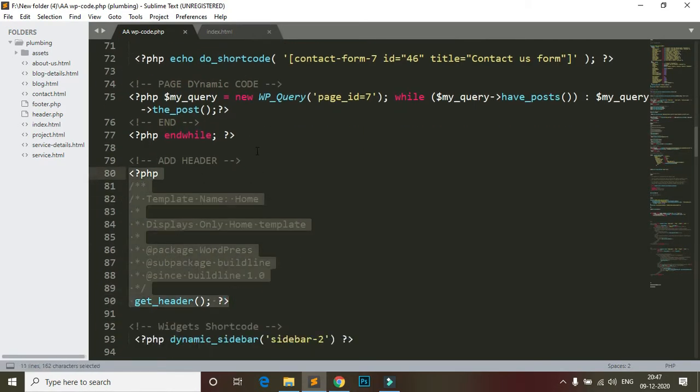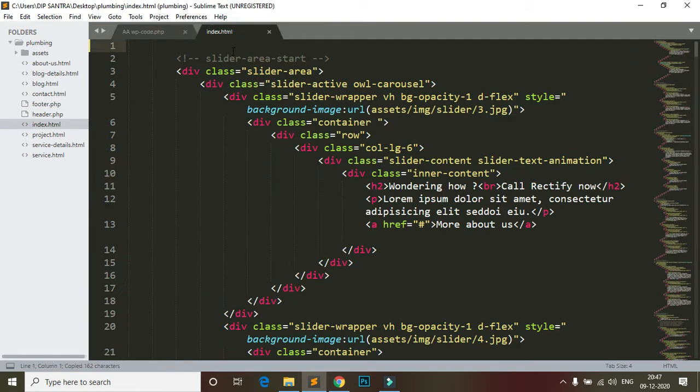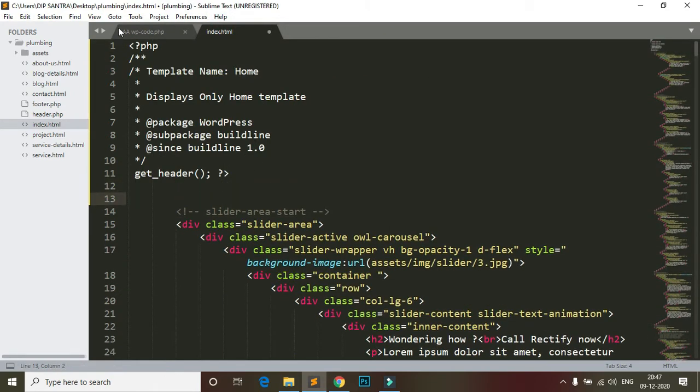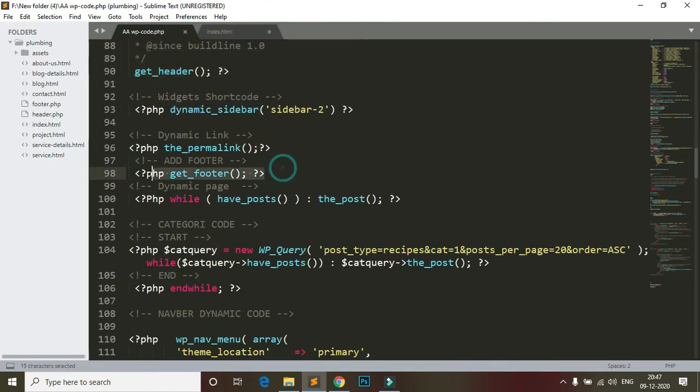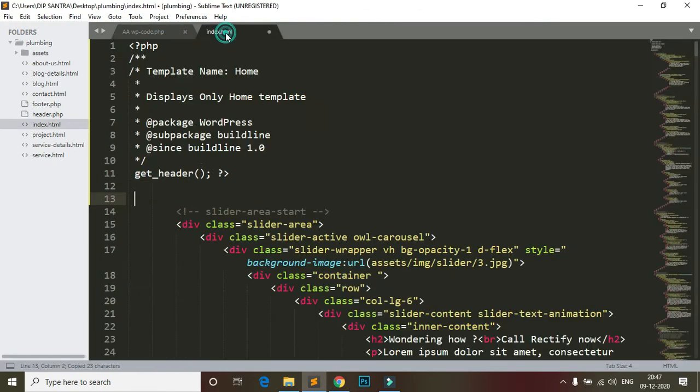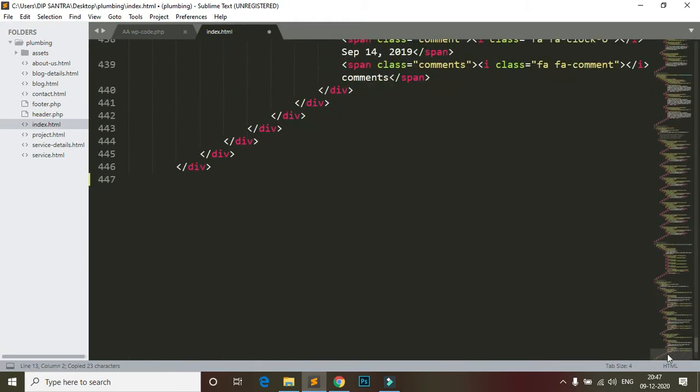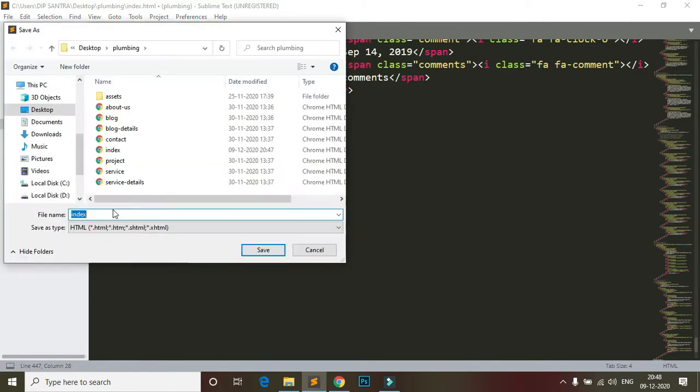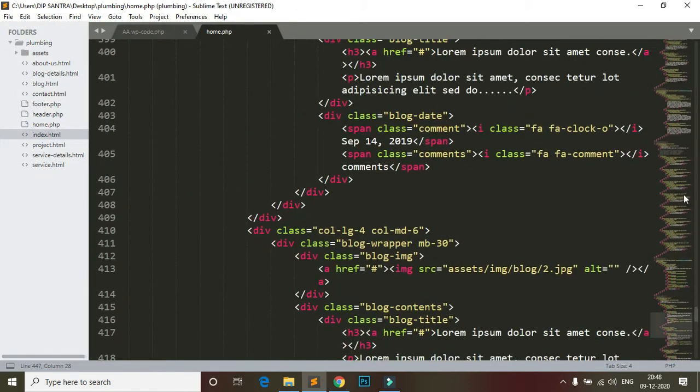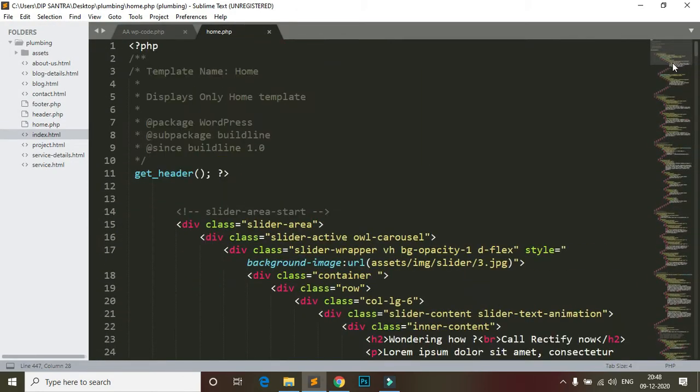You can see here, this one is to add the header, so I put in the header, and I need this one for the footer, and save as home.php. Okay, so I save as home.php, but I need to change here also. You can see this is the template name, home, display only home template.